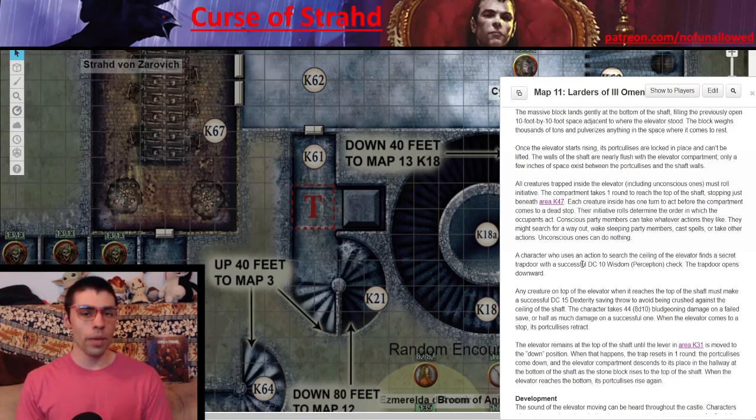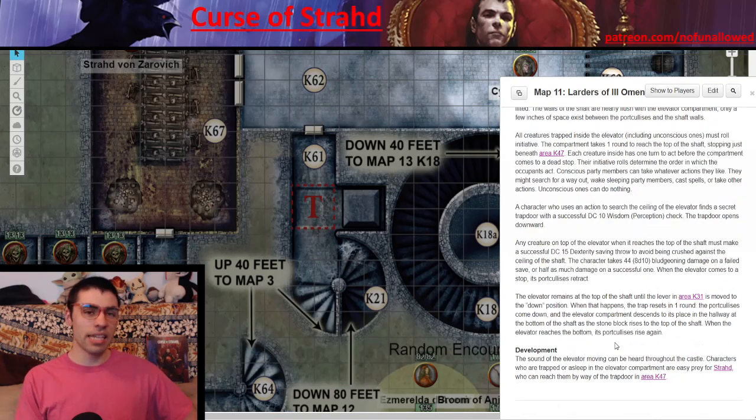The elevator will remain at the top of the shaft until the lever in Area 31 is moved to the down position. When that happens, the trap resets in one round. The portcullis comes down and the elevator compartment descends into place. So of course, this is insanely deadly because it's splitting the party. For the development here, we have the sound of the elevator moving can be heard throughout the castle. Characters who are trapped or asleep are easy prey for Strahd, who can reach them by way of the trapdoor